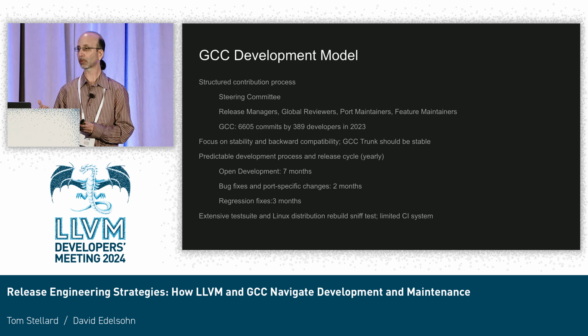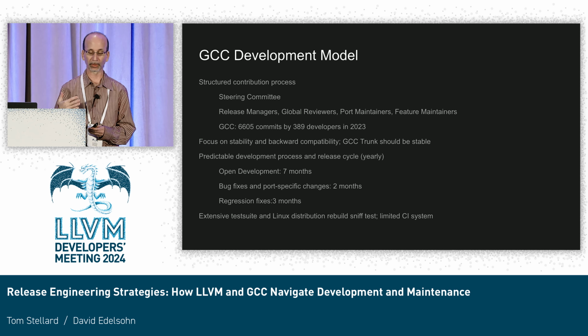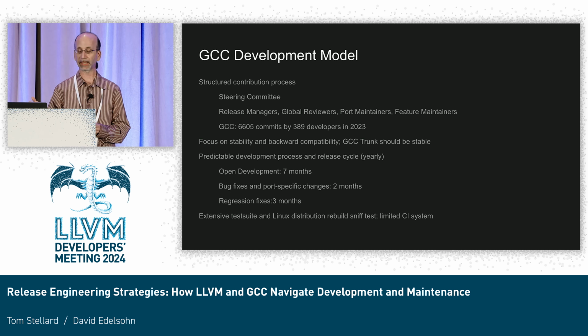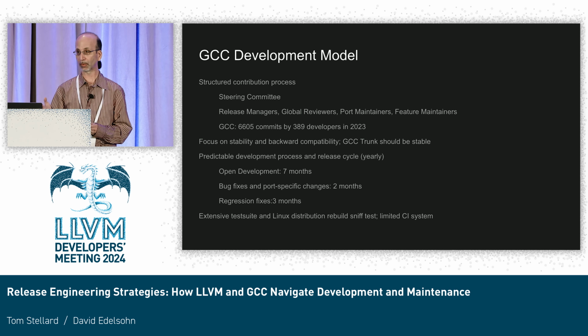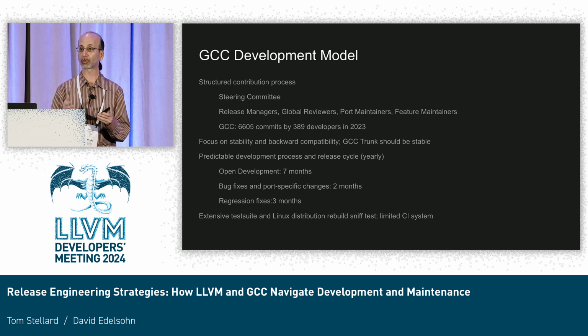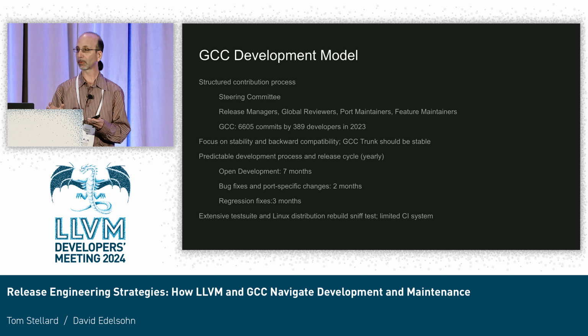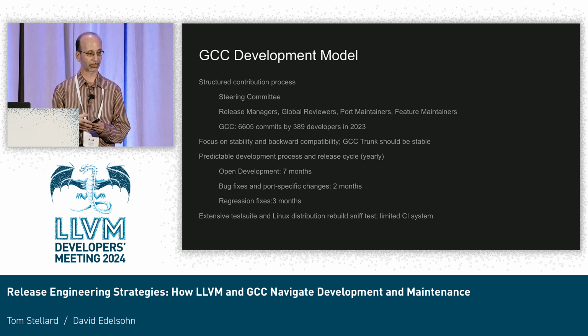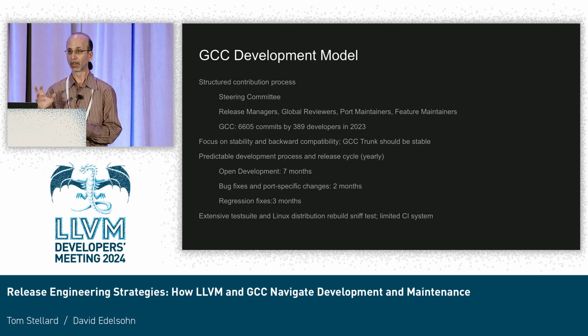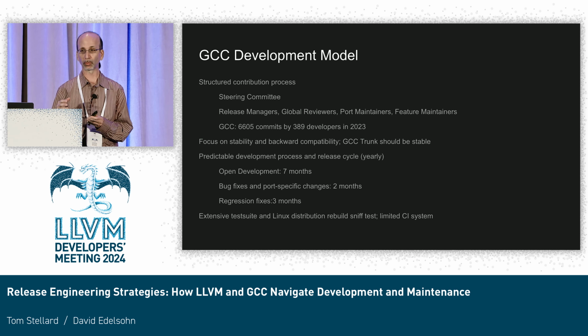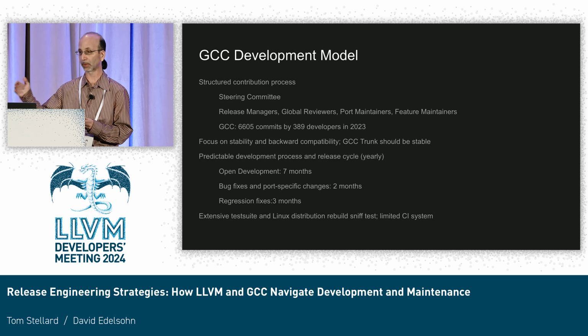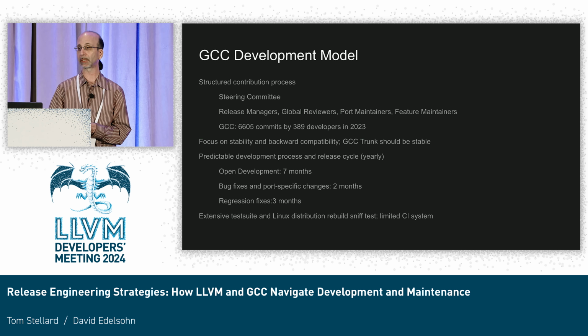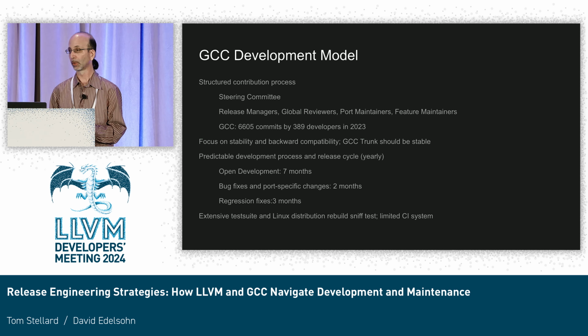It has a very predictable development process with open development on a yearly cadence of 7 months of development with any new features going in, then 2 months that are focusing on bug fixes, and then 3 months that are focused on regressions to be able to ensure that we have a stable release, getting through criteria that the community and the steering committee co-develop with